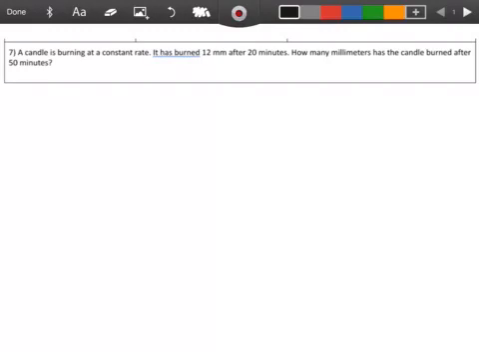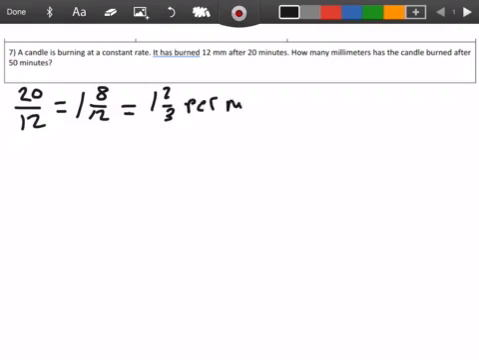The easiest way to do that is to set it up as a fraction of 20 over 12, which then equals 1 and 8/12. And we could simplify that to 1 and 2/3. Now, knowing that we have a rate of 1 and 2/3 millimeters per minute. So this is a per minute. Okay, that's per minute. So we need to take our 50 minutes